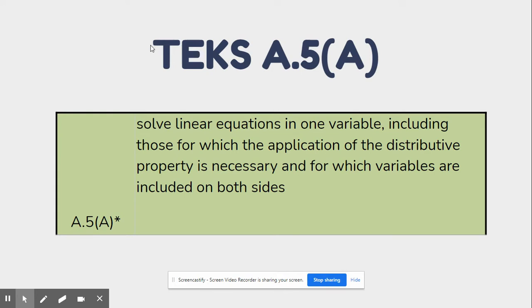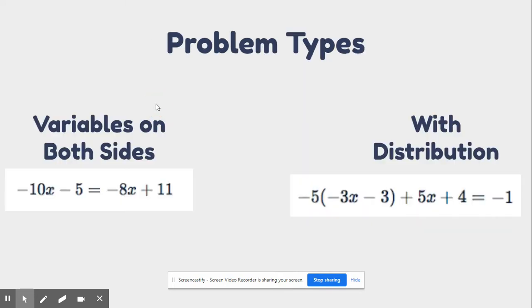The TEKS standard that we're trying to master is standard A5A, which says to solve linear equations with one variable, including those for which the application of the distributive property is necessary. So we know we're going to be using distributive property, and for which variables are included on both sides. So if you're confused on what exactly this TEK is saying,